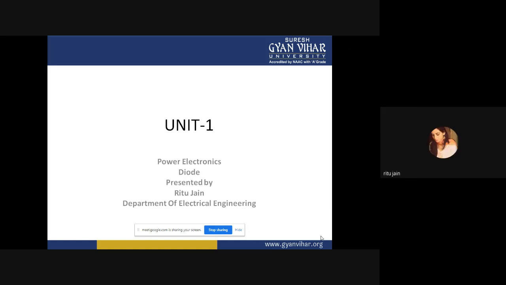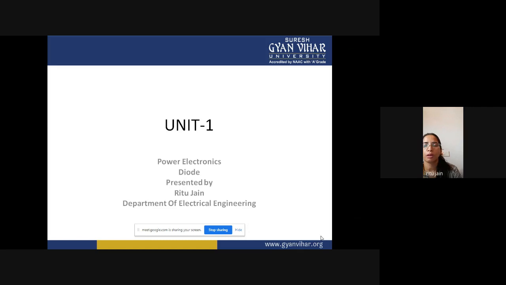voltage source, and the current which flows in the reverse direction is just because of leakage charges of the PN junction. So, a diode is a semiconductor device. It works in two modes, forward biasing and reverse biasing mode. Forward biasing mode means that the anode is positive with respect to cathode, and in reverse biasing mode, the anode is negative with respect to cathode.